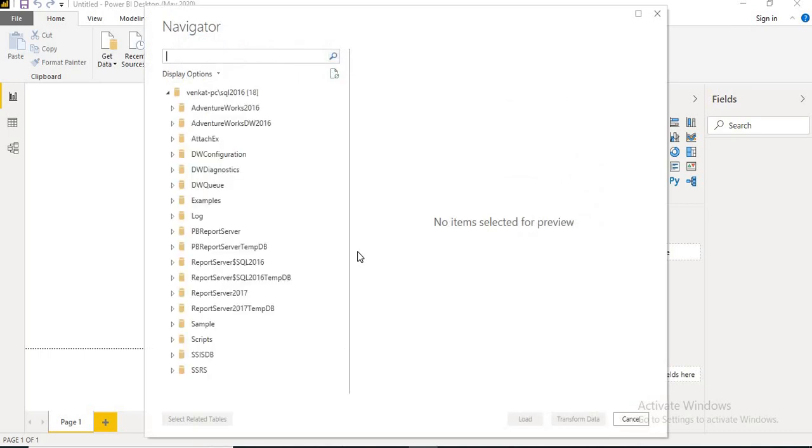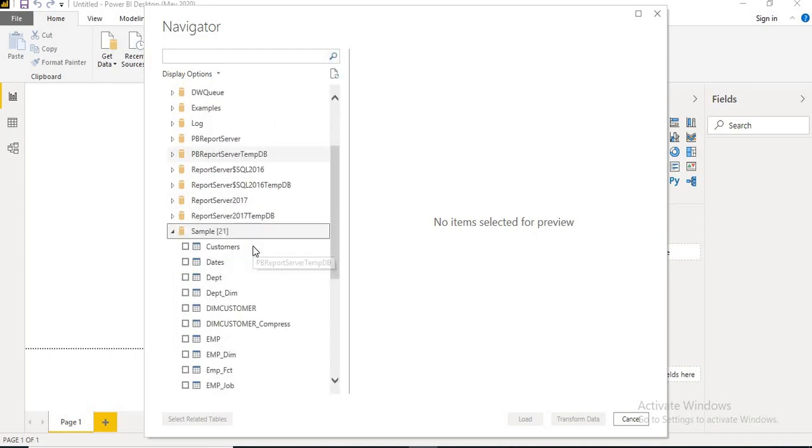Obviously, whenever I want to read, it asks for the credentials, but initially I saved it as Windows authentication. That is the reason why it's showing the list of available databases in my server. So if you see here, I already have these many databases. Oh man, I have more. That's okay. So let's expand the database whichever you want.